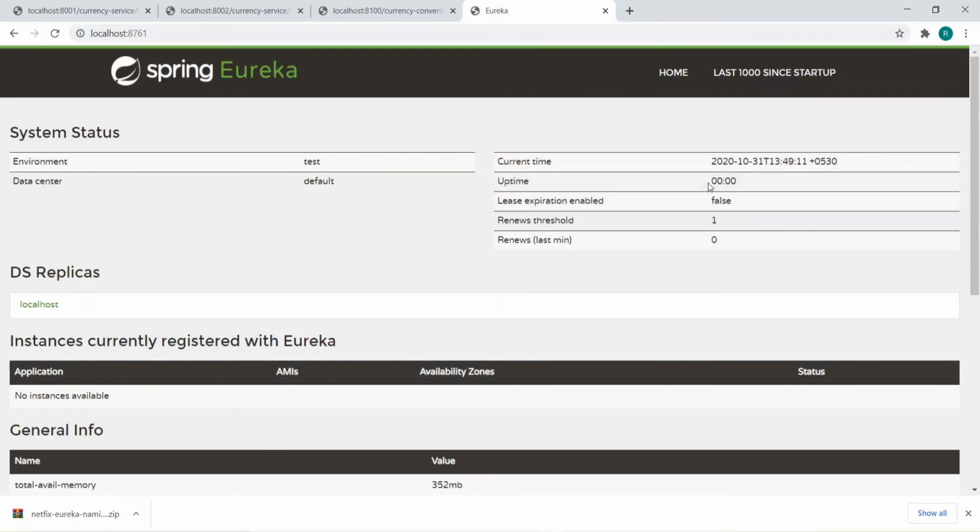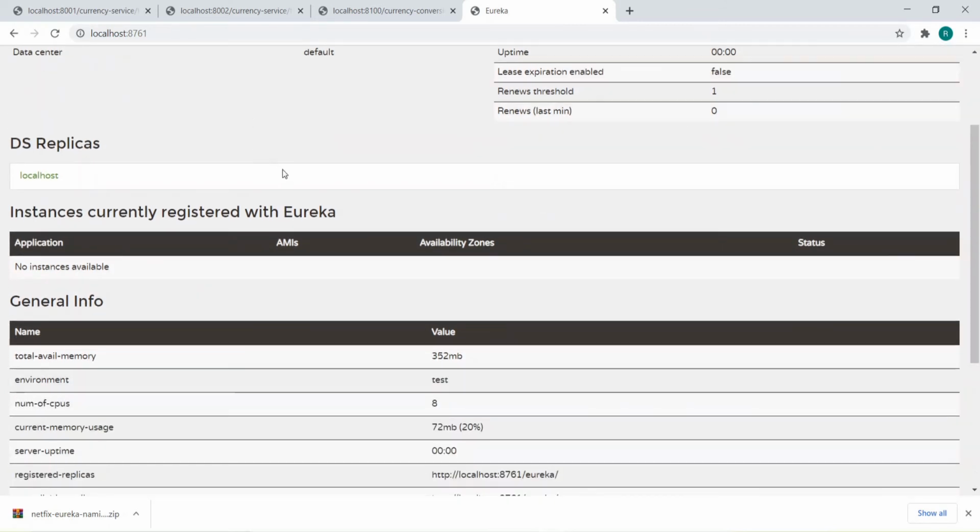Uptime is just a fraction of a second, as it just came up. And if you see the instances currently registered with Eureka, no instance is available. So far the Eureka naming server is available, but no other instances are registered with it.